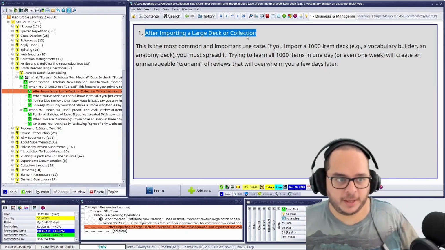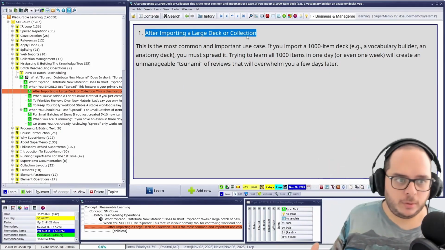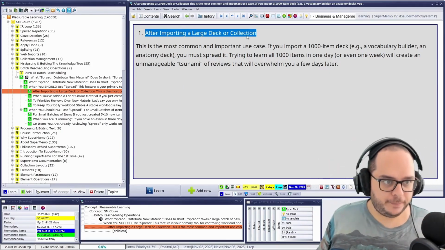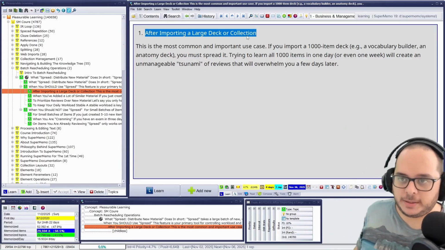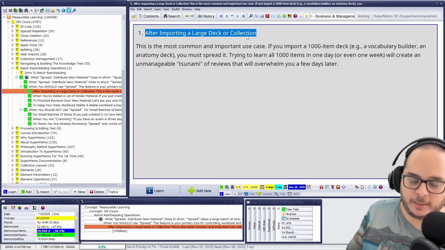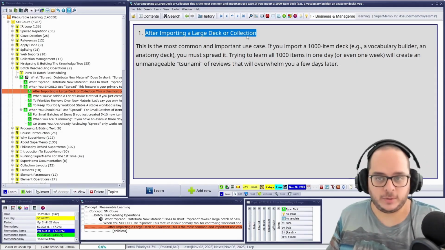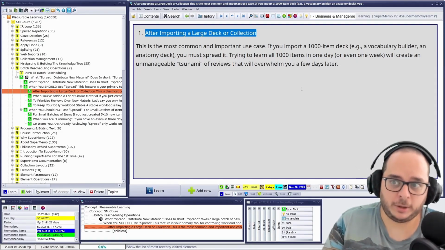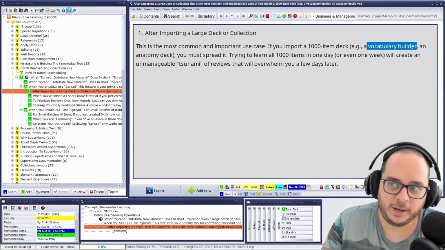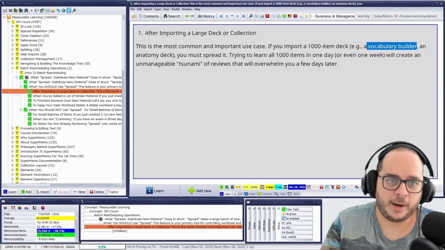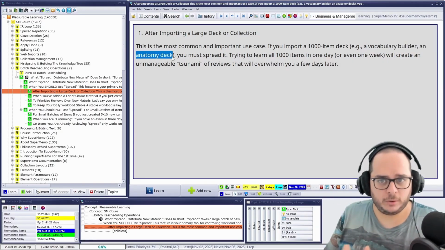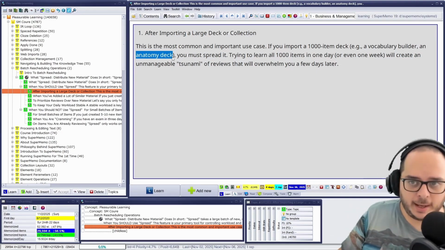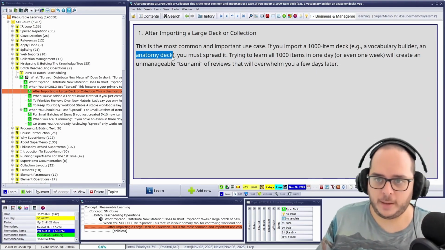So one of the things I can do is a spread. I add 10 elements, usually only items if it's an import, to my outstanding queue. Usually it will be vocabulary if it's language, or anatomy, or something curriculum-based, a closed curriculum for university, college, school, whatever.